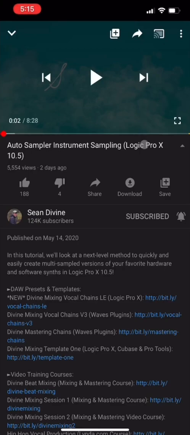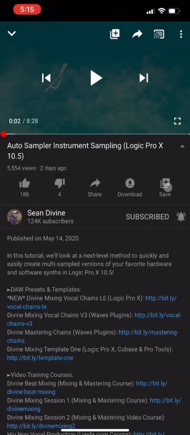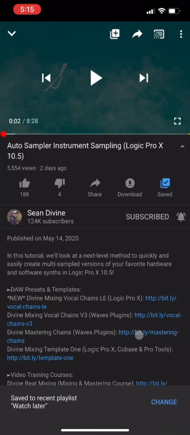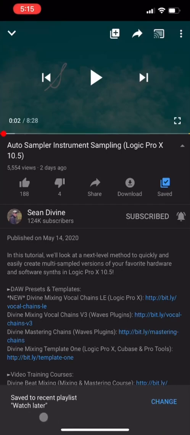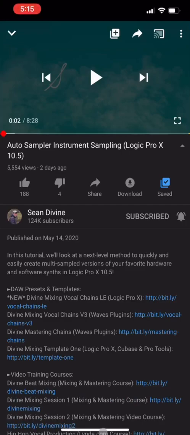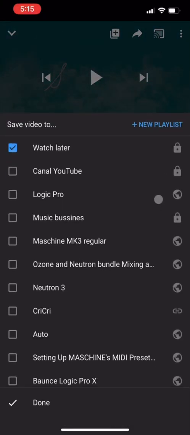Okay, so how do you save this video to a playlist? Just tap on the save button and look at the bottom of the screen. Here you can say save to recent playlist, watch later. You can change that, of course, by tapping on it again. You will be presented with all of the playlists that YouTube created and also the playlists that you yourself as a user created. Specifically, you can see at the top the watch later playlist, which is very useful, very handy when you just want to save